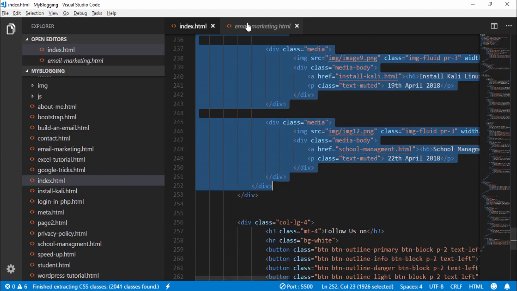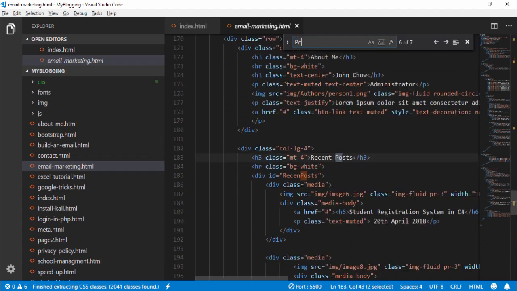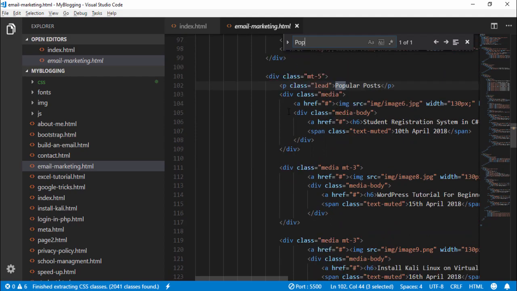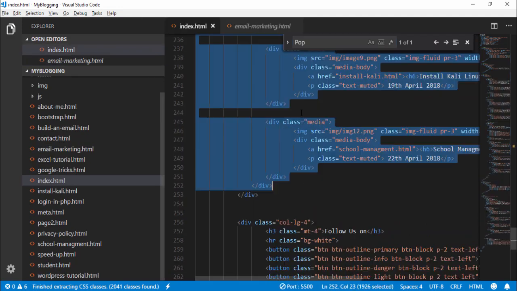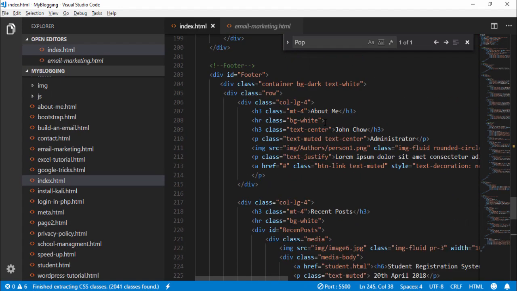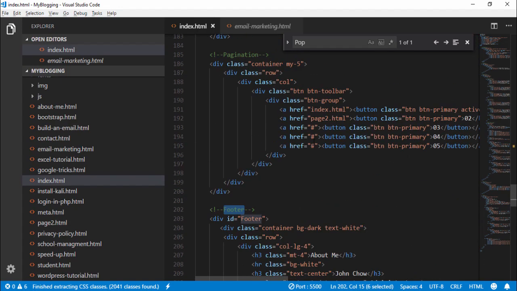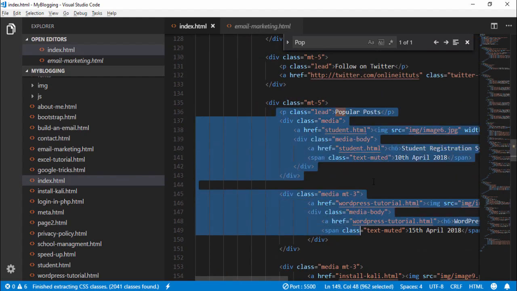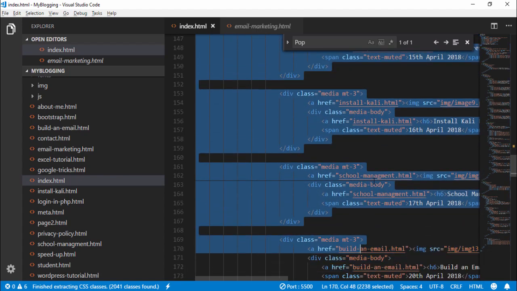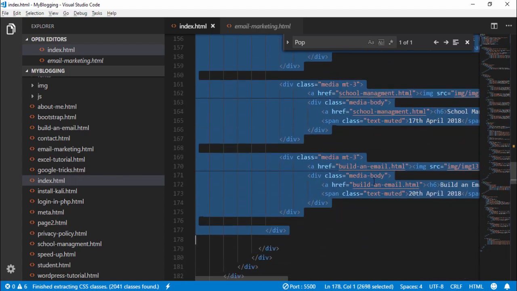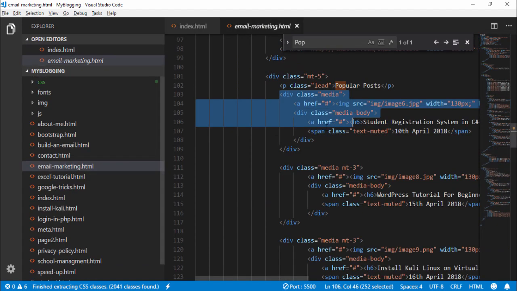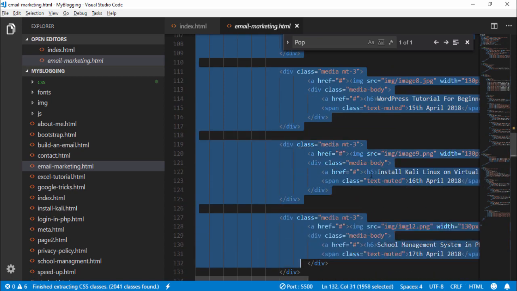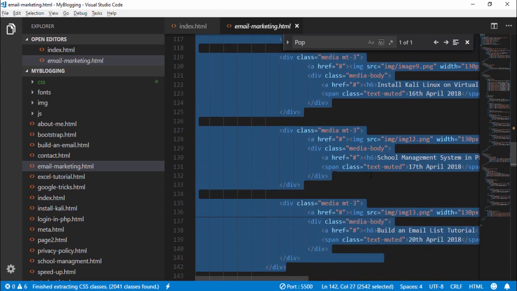Okay, and go to email marketing and find the popular post. Okay, and just a minute, this is the right side now. Okay, this is the footer section. We need to find the right side popular post here. Okay, copy it, just a minute. Okay, copy it and go to email marketing. This is your popular post section. You need to paste the code. Okay, paste it